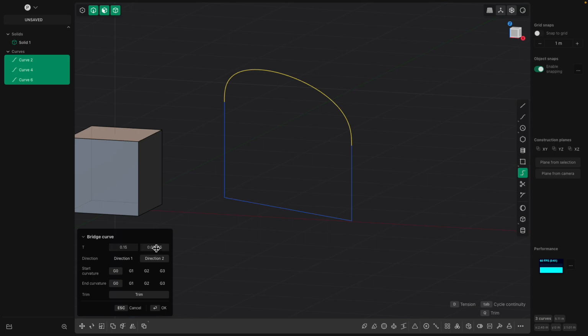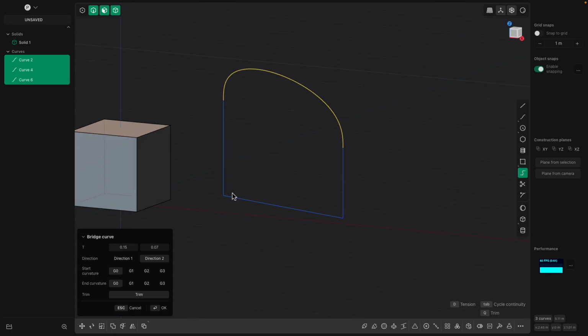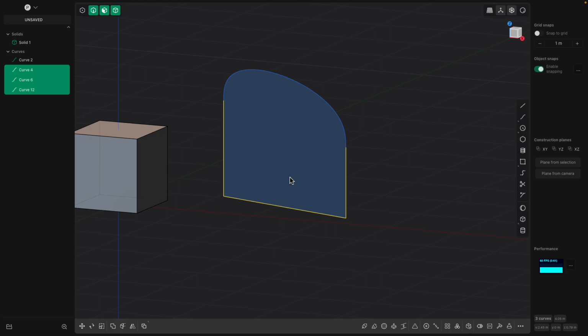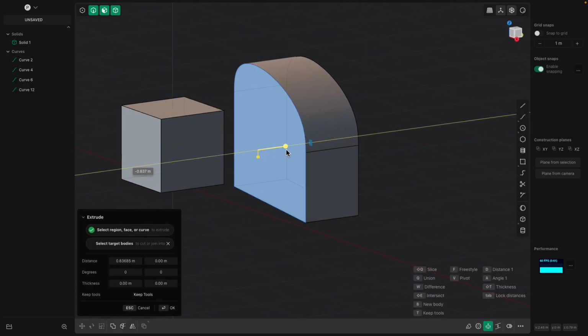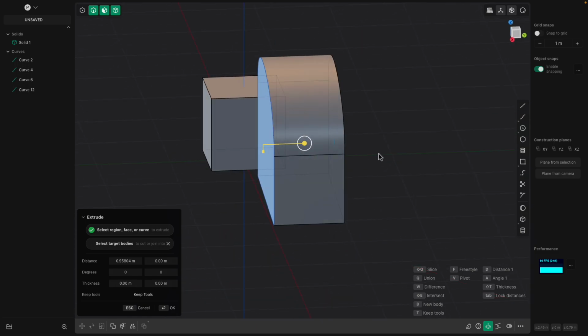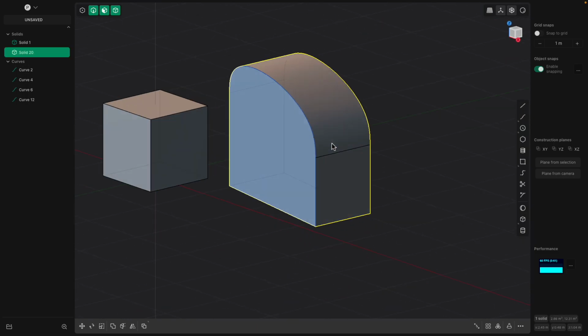Oh no, you can adjust the weighting. To make this rounded, there's another tool, but I forgot. In this case, I just want to demonstrate this bridge curve. So once you do that, we have a fully connected curve, and we can just extrude. Okay, so